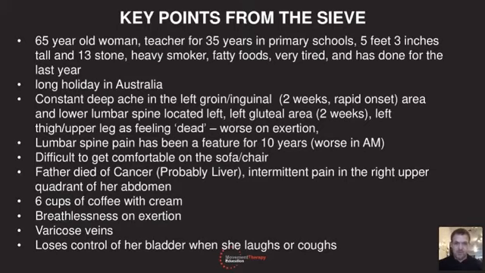This lumbar spine pain, which we talked about, been a feature for 10 years, worse in the morning. Usually osteoarthritic symptoms are worse first thing, and then as they get moving, they feel a bit better. So that's quite typical of an arthritic presentation. So it's worth having that on your list as some kind of changes in the lumbar spine. But she is 65, so it's the kind of thing that you would expect if there were changes. Okay, and the changes don't necessarily have to be painful. So there may be other reasons why this person is feeling symptoms.